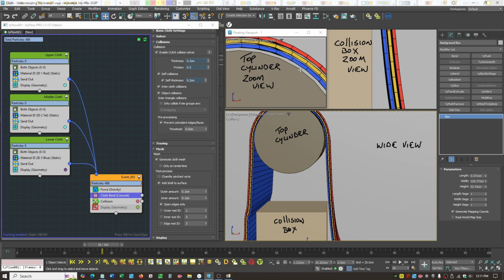And you can see now we got more gap in between the cylinder, and we got a little bit of gap between each of the cloths because we've technically made the cutter thickness slightly bigger than what we've done the shell, right? And so if I go 0.1 here now